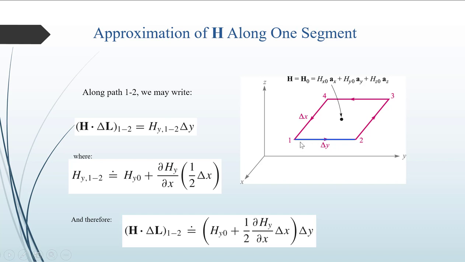This intensity will have a component of hy ay cap, and this length is expressed as delta y into ay cap. So the dot product will become hy into delta y, where hy for 1 to 2 is equal to